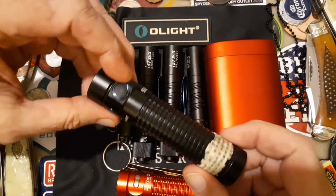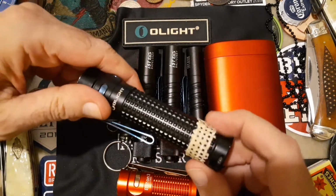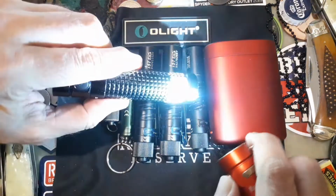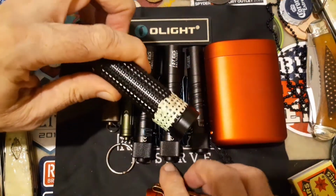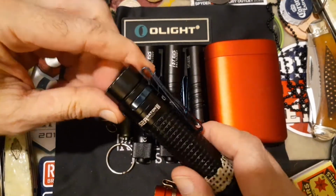This is the S2R Baton 2. I put this luminous paint here on the bottom of it, so if I drop it, it's kind of easy to find. It's an excellent light,